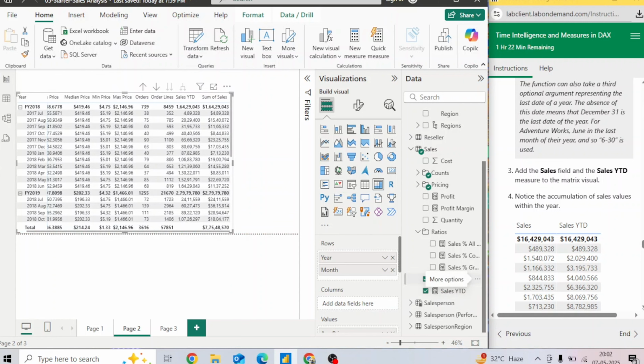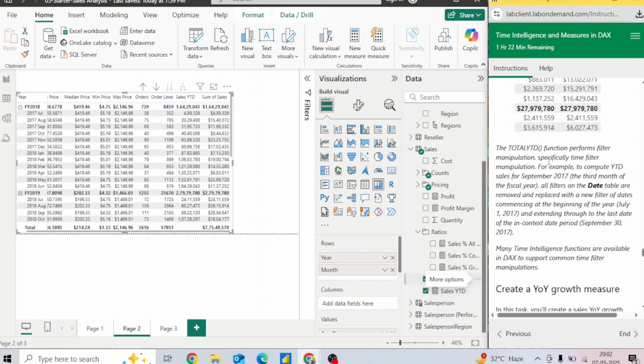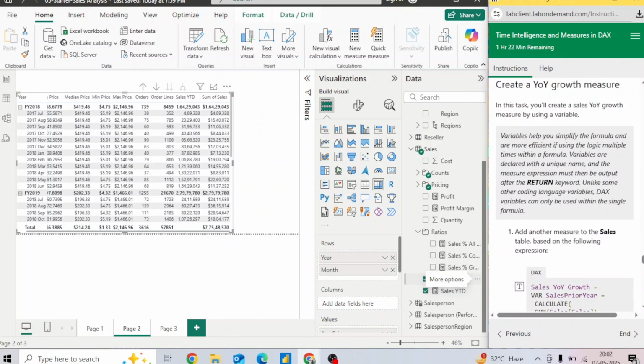Okay, so now what is happening is that the TOTALYTD function performs filter manipulation, specifically time filter manipulation. It has also given an example to compute the YTD sales for September 2017. All filters on the date table are removed and replaced with a new filter of dates commencing at the beginning of the year, that is July 1st 2017, and extending through to the last date of the in context date period, that is September 30 2017. Okay, so over here if I go down,